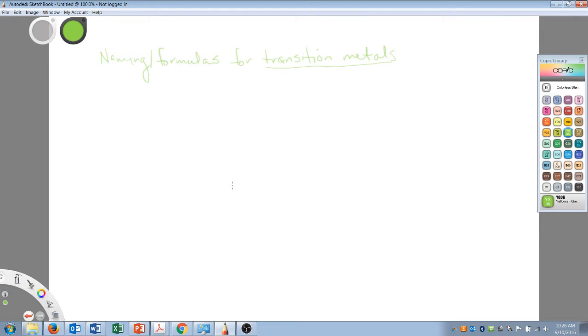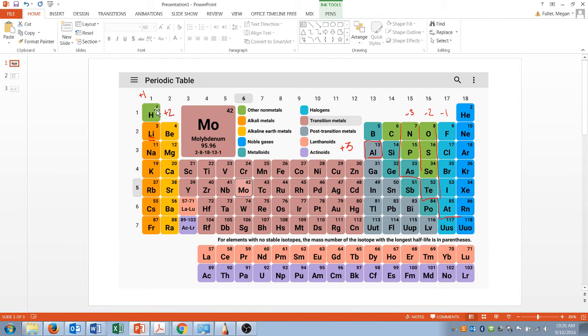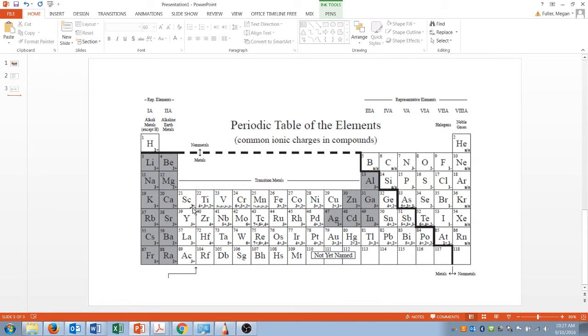So in group 1 and group 2, if we go back and look at our very first periodic table, the reason why we were so excited to look at group 1 and group 2 first, and then even ultimately aluminum, is because, as I've been saying again and again, they have fixed charges. These have to be their charges. They cannot change. So chemically, they're pretty boring, but that means that they're very predictable. They never change, and that's really good. Transition metals have multiple states of ionic charge that they can sit in.